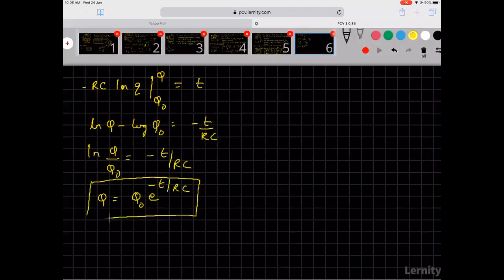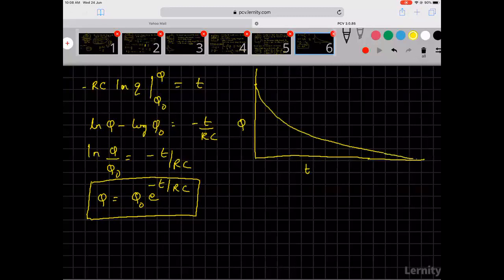So this is how the charge on the capacitor is at any instant of time. So this charge is reducing. At time t equal to 0, the capacitor was fully charged. Now the charge is reducing. So here it is Q, here it is t. At infinite time, it will come towards 0. So this is a graph which shows the discharging of a capacitor. So you have something called charging, we saw yesterday. Today we are seeing discharging of a capacitor.